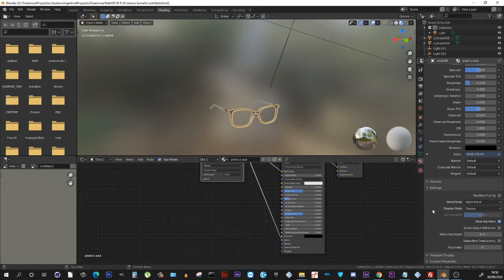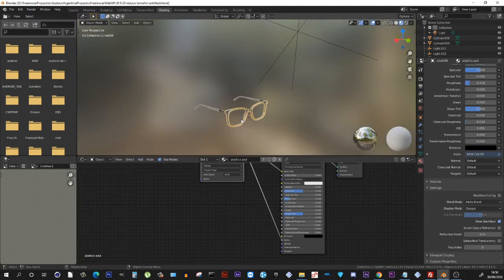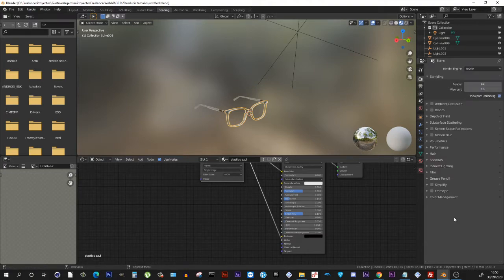It's very good to export because in the render the opacity is good, but in the export it's very important to put this option. And it's important that the render engine uses cycles when you